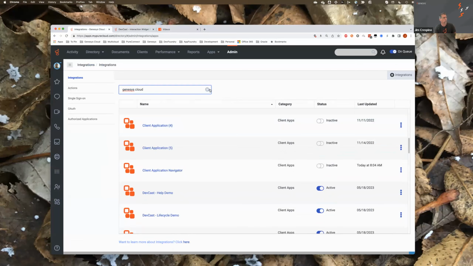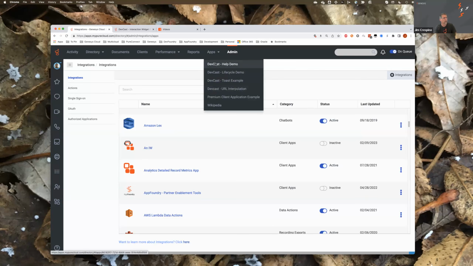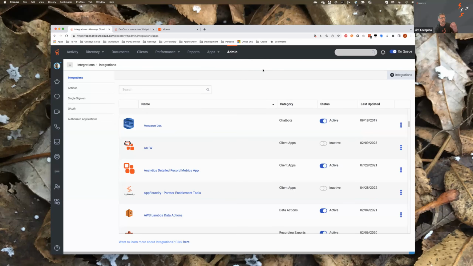So one thing I find useful is use the client apps. And on my apps menu, I usually have a link to the Developer Center and a link to the API Explorer, the new standalone API Explorer. It just makes those two sites easily available to me within Genesys Cloud so that I can take advantage of those. So I wish I had time to show you guys that, but